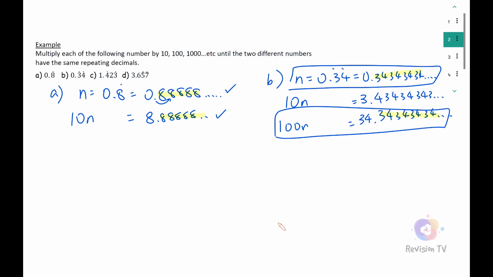Right, C, 1.423. We're going to let n be 1.423 with 4, 2 and 3 recurring. If you've got the recurring symbol on 4 and 3, it means everything in between is recurring. So it'll be 1.423, 423, 423, etc. So let's do 10n. I'll try to align the decimal points. So the decimal point is here. Times it by 10 means